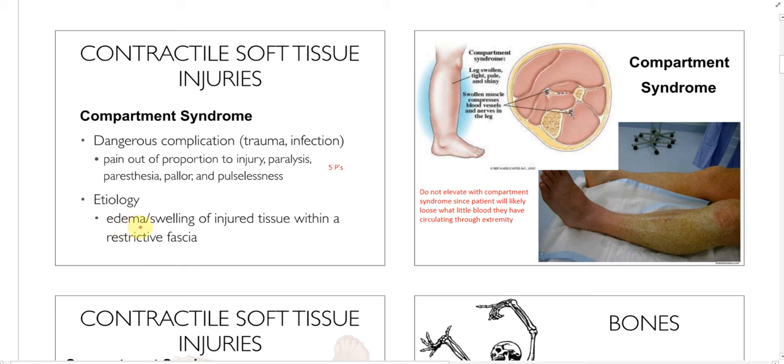So we have, for example, edema or swelling of a tissue within a restrictive fascia. So we can see that here with this leg. This leg has something going on. Maybe there was trauma, or maybe there are some faulty valves in the veins and lymphatic system that are preventing all this fluid from going up. And so, as you can see, the skin is very tight. It's very taut. And this looks really bad compared to this side. This is looking like it's getting very little